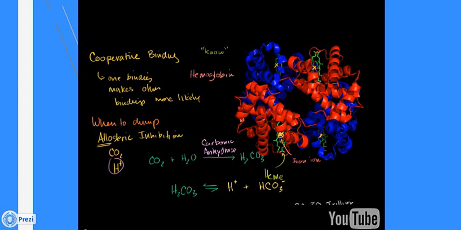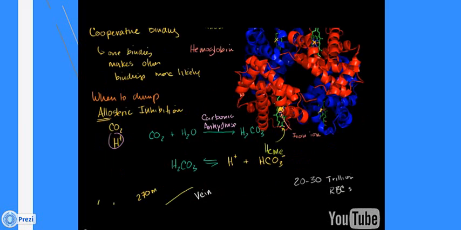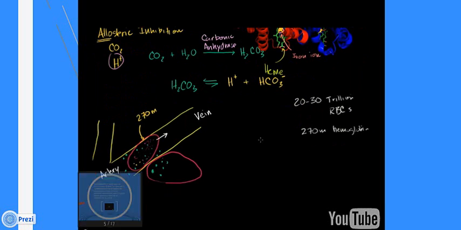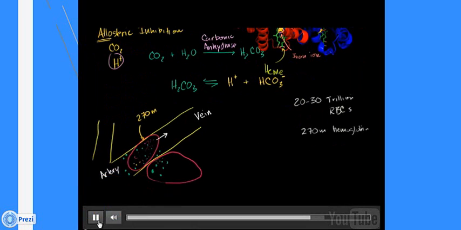accepting more. The opposite happens. When you start letting go of oxygen, it becomes harder to retain the other ones. So then all of the oxygens let go. So this is, at least in my mind, a brilliant mechanism, because the oxygen gets let go just where it